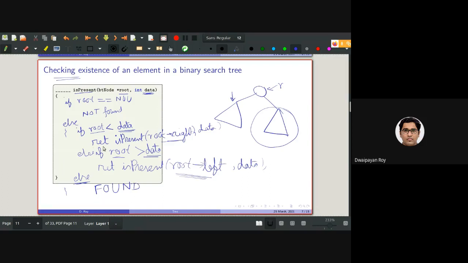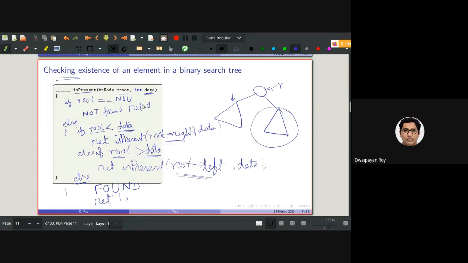This function would be returning 0 or 1 based on whether the data is not found or found. So it should be returning 1 if the data is found, and if the data is not found, it should be returning 0. We can quickly write this code as well.